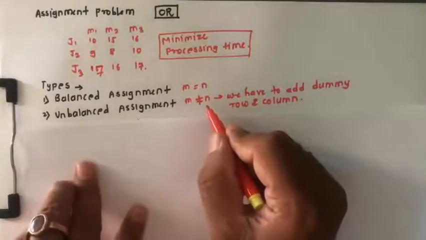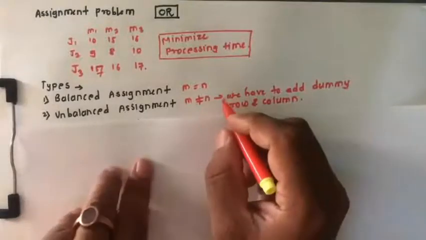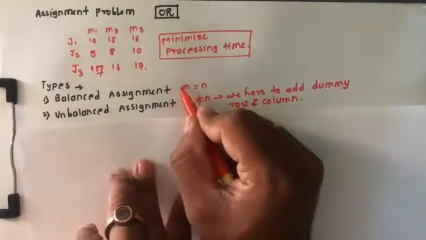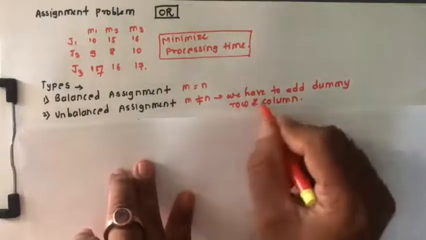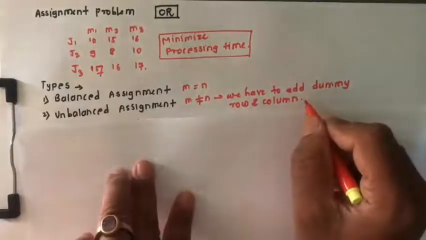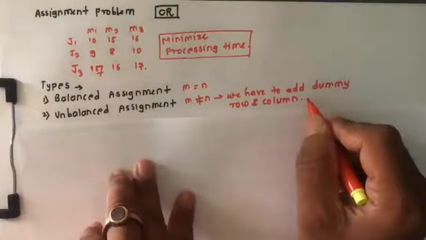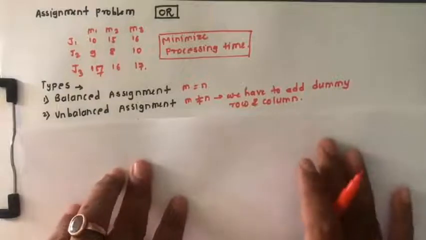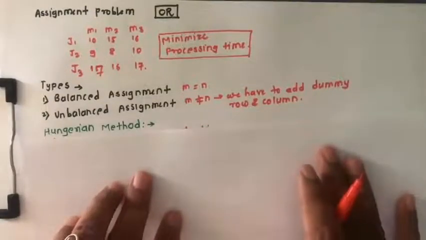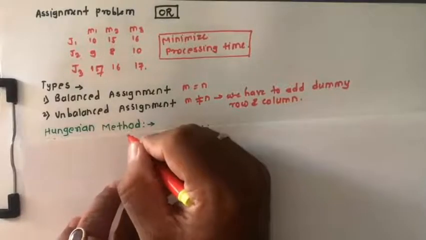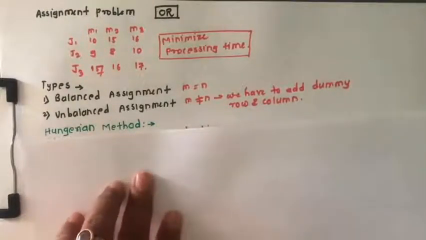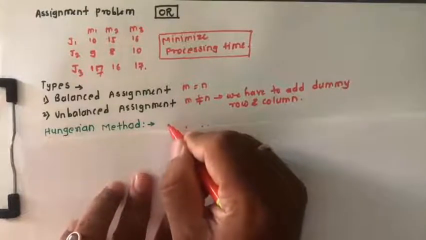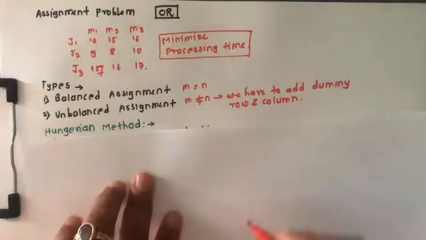So to go for the solution of this assignment problem, we have to first of all convert the unbalanced assignment problem into a balanced assignment problem. Now how to balance the problem? We have to add a dummy row or column in the matrix. So our unbalanced problem gets converted into a balanced problem. Now for the solution of this assignment problem, there is one method called the Hungarian method. Okay, so the objective of today's lecture is we will go through the algorithm of this Hungarian method and after that a numerical on the basis of this algorithm.